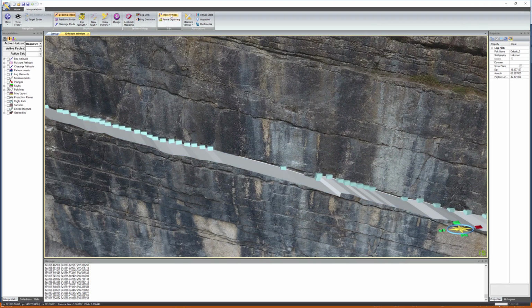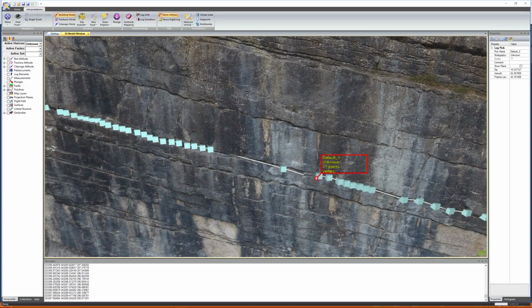Now there's some of these points that we want to edit, and I can simply do that by selecting from the Interpretations tab, Move Vertices. I can then click on a point that I want to move, and you see it's changed its type, changed its display properties from a cube to a more diamond shape, and then I can simply move that point to wherever